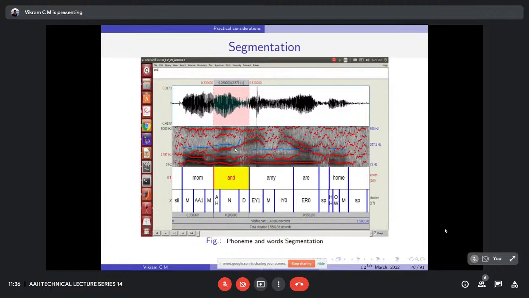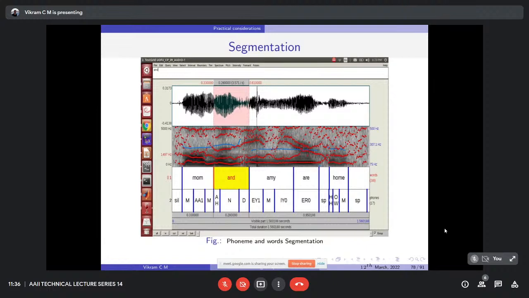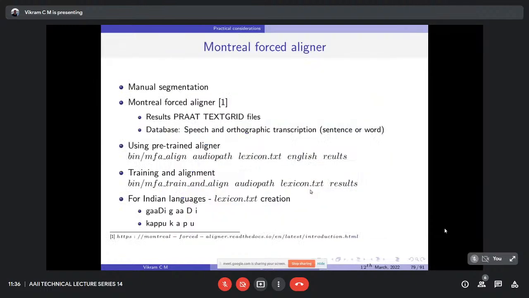One more thing: if we want to analyze different phonemes, say I want to analyze only the phoneme ma or na, then forced alignment is a technique which can provide us the phonetic boundaries. There are two tools. One is the Montreal aligner. Another is that we can directly use our Kaldi model or any ASR model to get this forced alignment. But the readily available model is the Montreal aligner here. We just need acoustic models or ASR models to get these phonetic boundaries. So there are Montreal aligner based scripts.